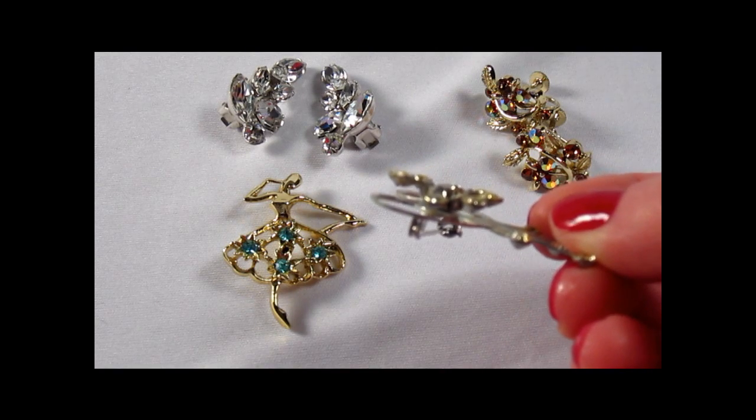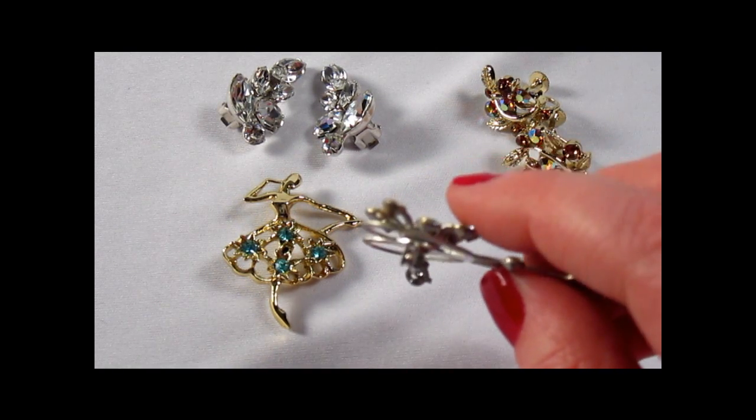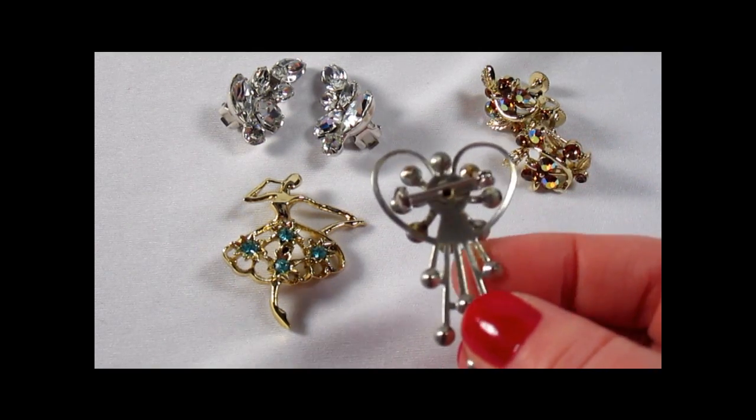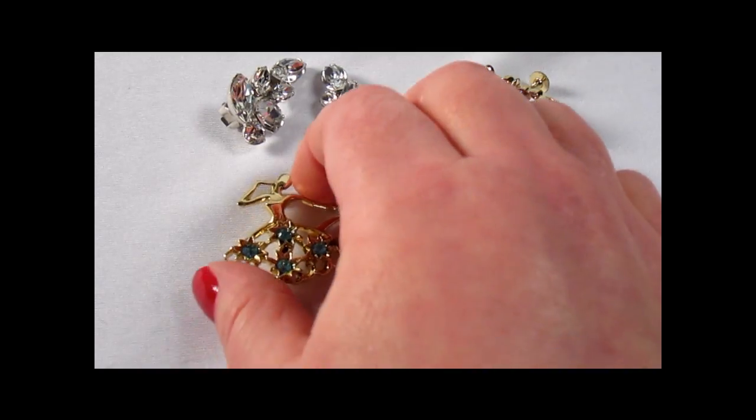I'll show it from the side. And they're just glued in. And in general, glued in rhinestones aren't really worth money. Some exceptions could be like 1920s and earlier. Now here we have